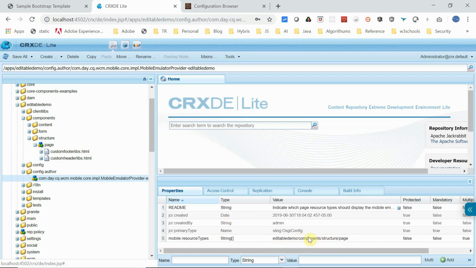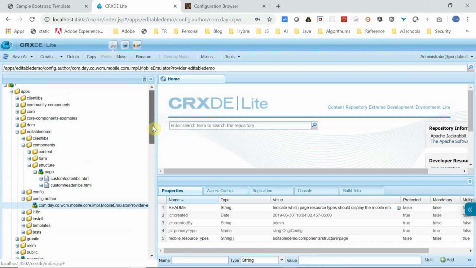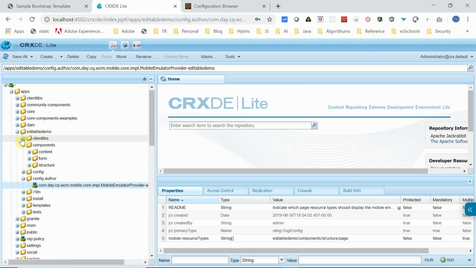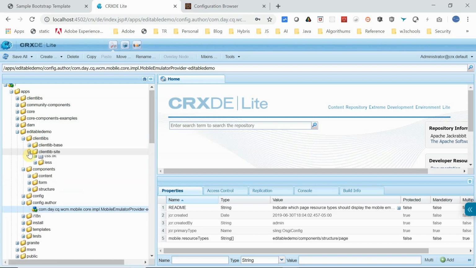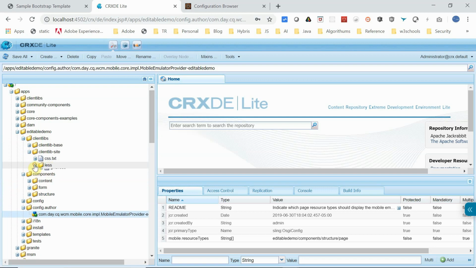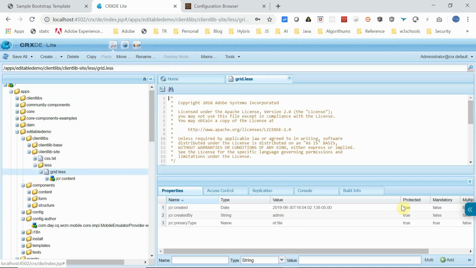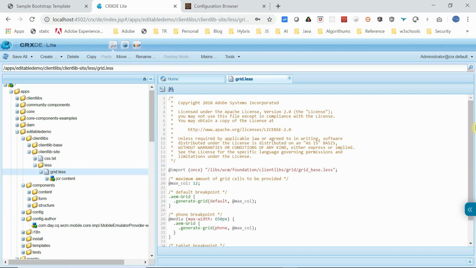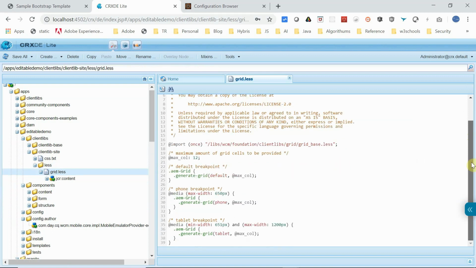Now one more thing, let me show you the grid CSS, grid.less. Go into the client libs, under client lib site, there is a less folder. Just open this. This is the grid.less. This CSS or less file provides the responsive grid.